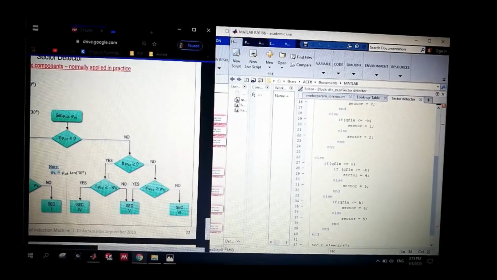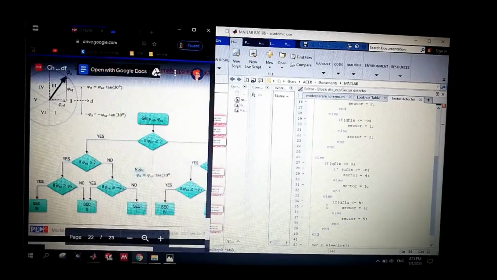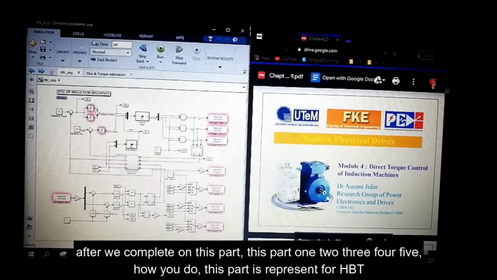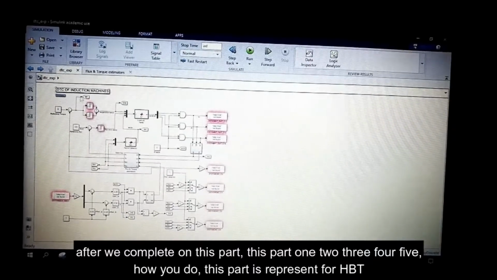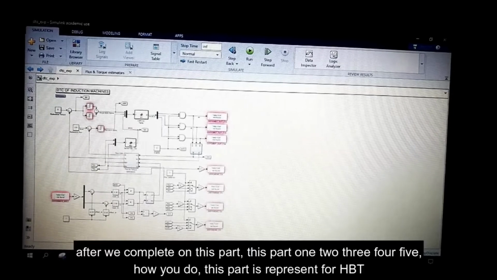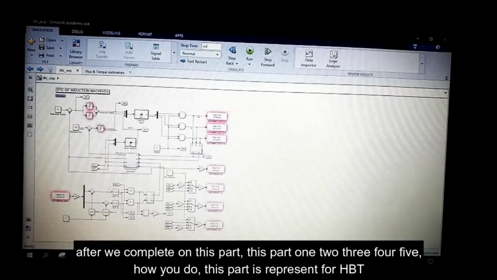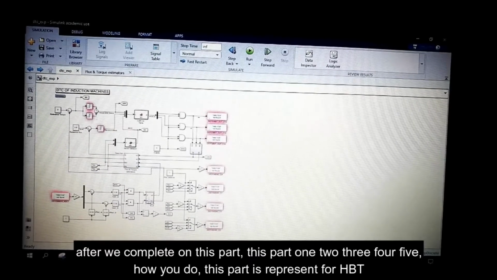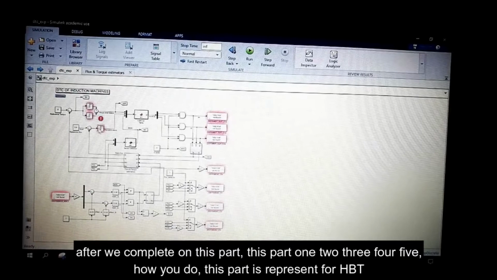If flux Q over negative H. After we complete all this part, this block part 1 2 3 4 5. Okay, after we complete all this part,